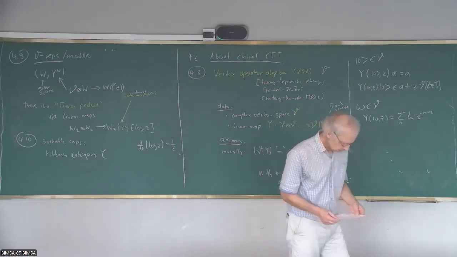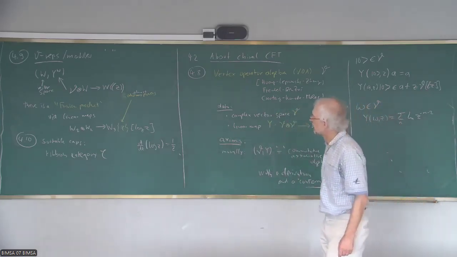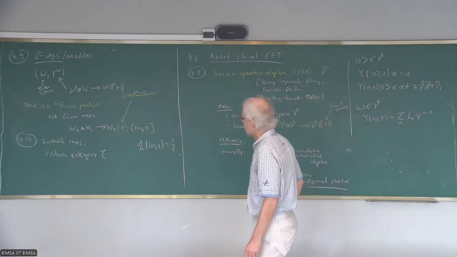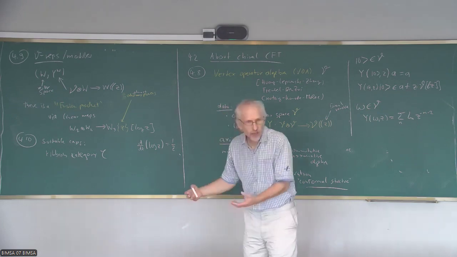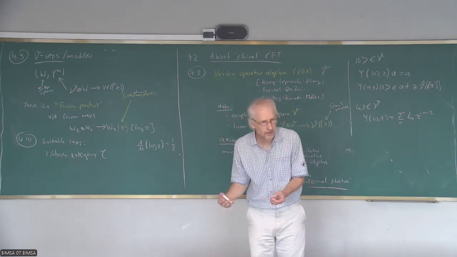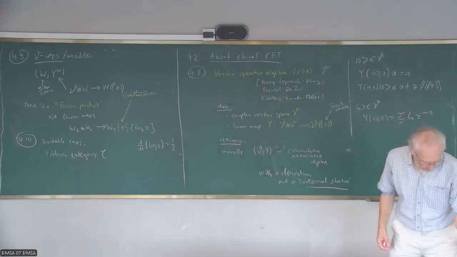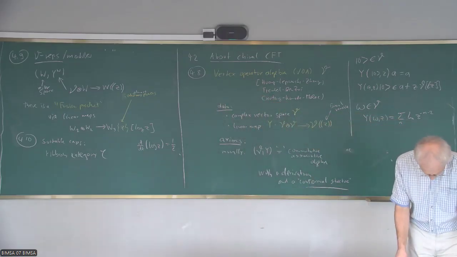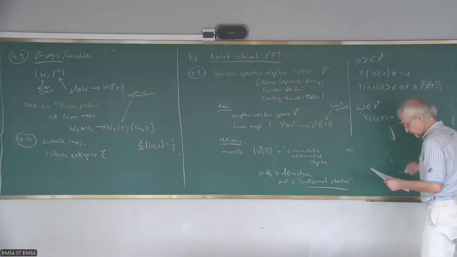And there is a general idea on how to get the rigid structure. Namely, these are vector spaces. What I didn't have time to say is that because of the Virasoro algebra,